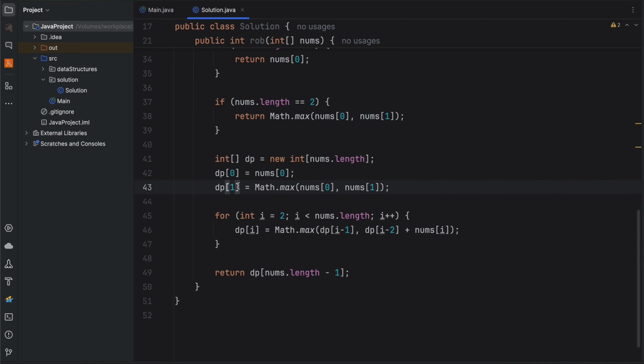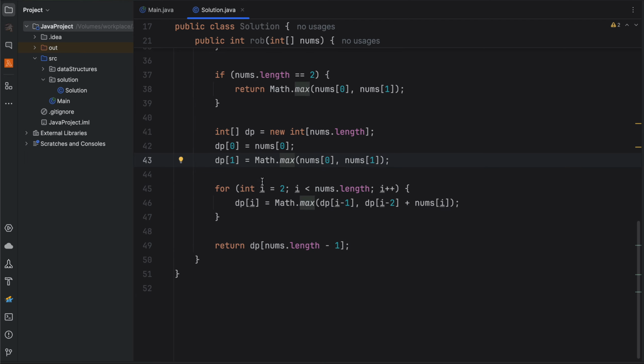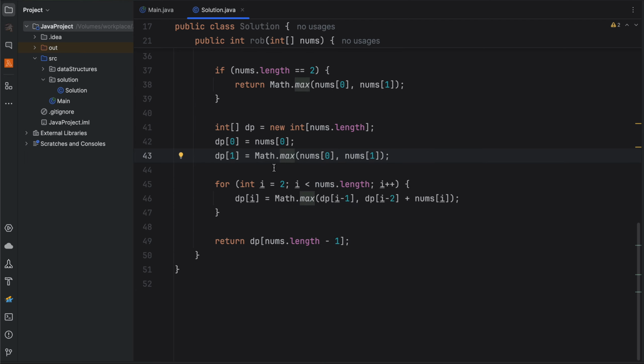If there are two houses, we can't take from both of them, but we will take all the money from the house that has more money, because they are adjacent to each other, so we can't take the money from both houses. But if there are more than two houses, so let's say there are three houses, then we will use this formula